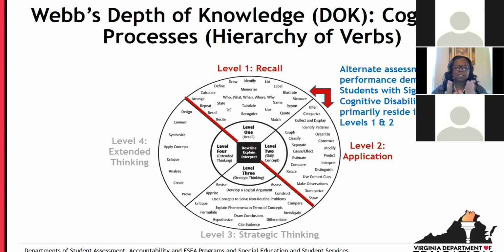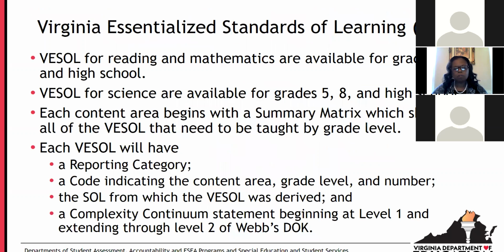But this is, according to Webb's depth of knowledge, the 2 levels of cognitive processes that would be appropriate, again, if we go back to the student population or students with significant cognitive disabilities. So let's see what that looks like.